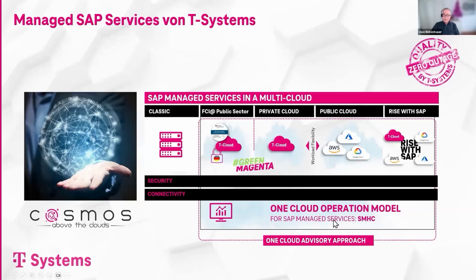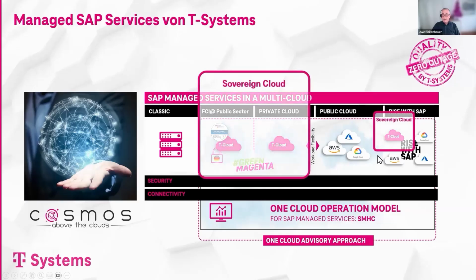Of course, we have the hyperscaler option. Of course, we have also the classic hosting option, but we have all those under one cloud operation model, where we have a kind of operating system of deploying SAP systems regardless of the underlying infrastructure. And we also have a BSI certified version for the public sector. But basically, this is the same platform that we have as our private cloud, and this is also available in RISE. And these options are sovereign options.